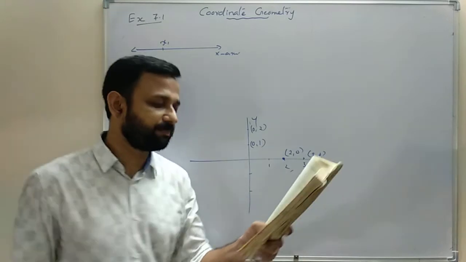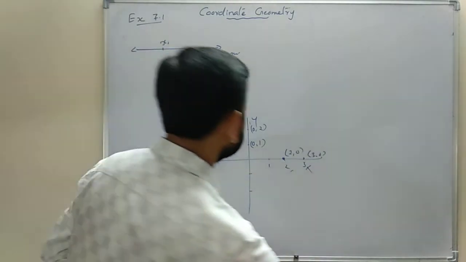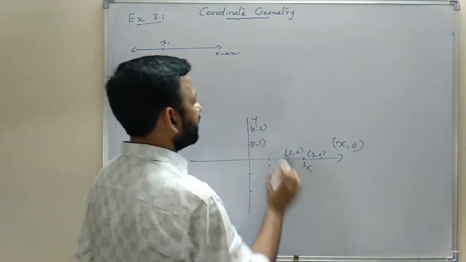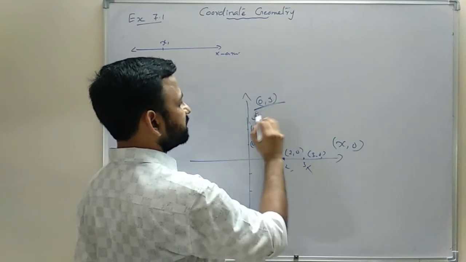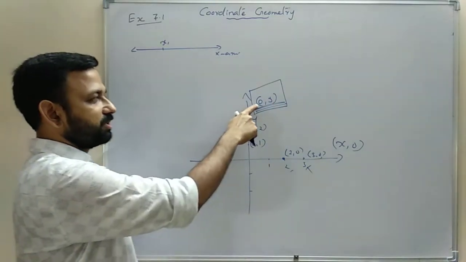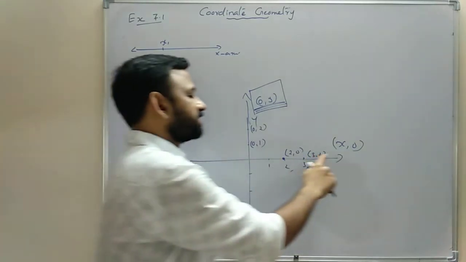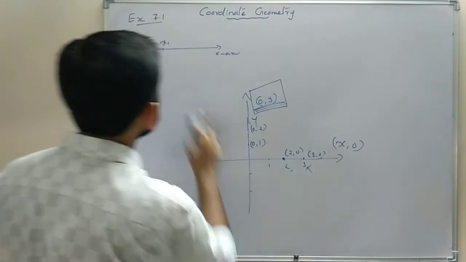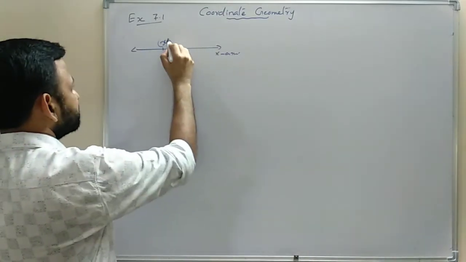So here in this question, find the point on the x-axis. Let the point on the x-axis be x, the general form of a point on the x-axis, that is (x, 0). And the general form of a point on the y-axis is (0, y). This is the general form of a point on the y-axis, because its x-coordinate is 0 and the y-coordinate can be any number. And this is the general form of a point on the x-axis, that is (x, 0). So let the point on the x-axis be (x, 0).